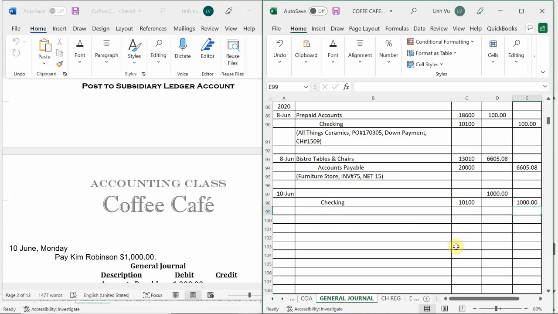How do I pay for what I owe? Accounts payable, right? Because I'm paying for what I owe, because in this case, when I received the bill,